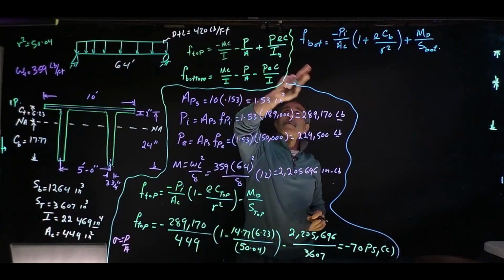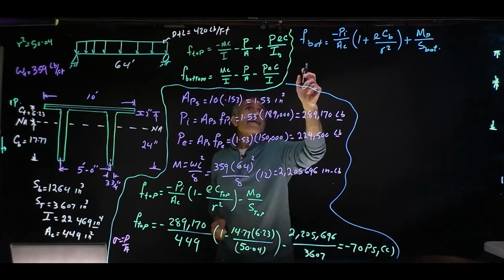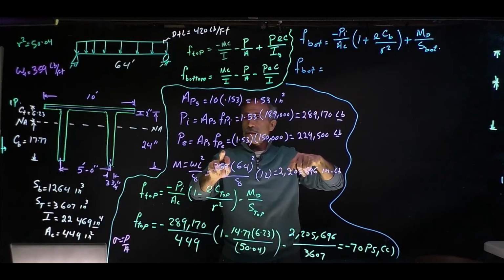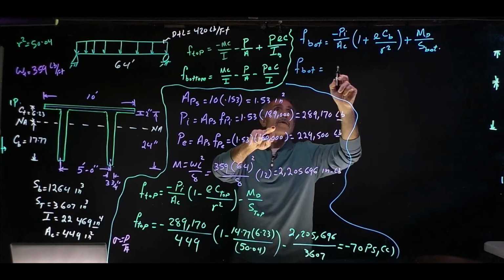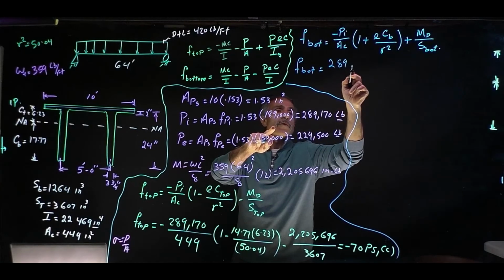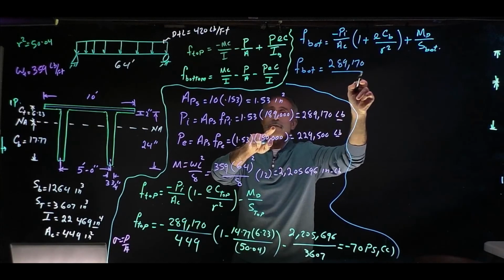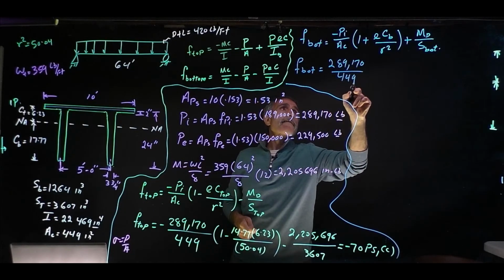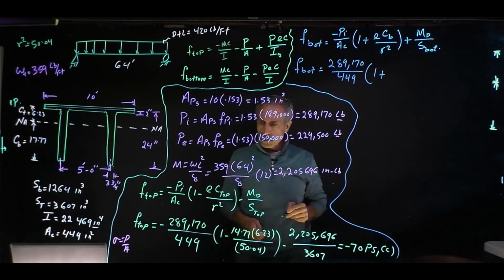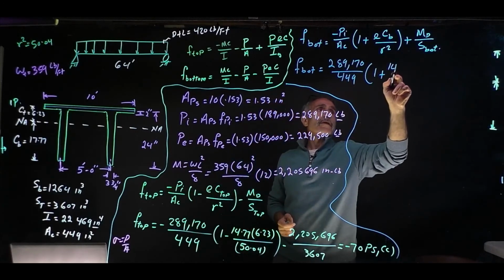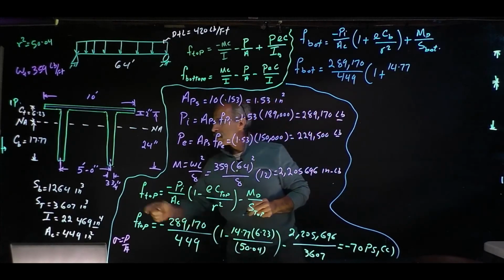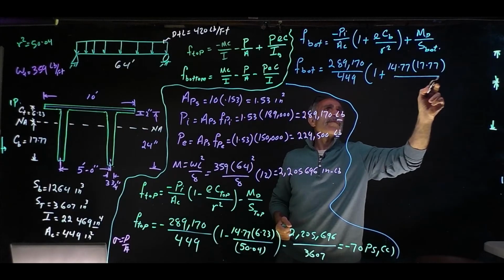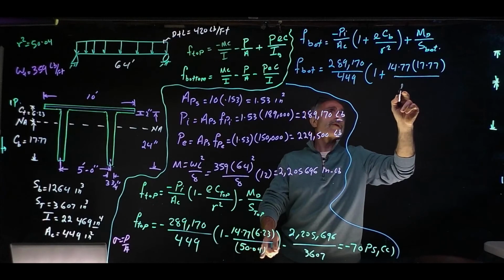So the stress at the bottom, rewriting it, this is the equation for it. F of bottom is equal to minus PI, it's the same number, 289,170 divided by the area, 449, times 1 plus E, which was given as 1477, and C at bottom was calculated at 1777, and divide the whole thing by radius of gyration squared, which is 5004,